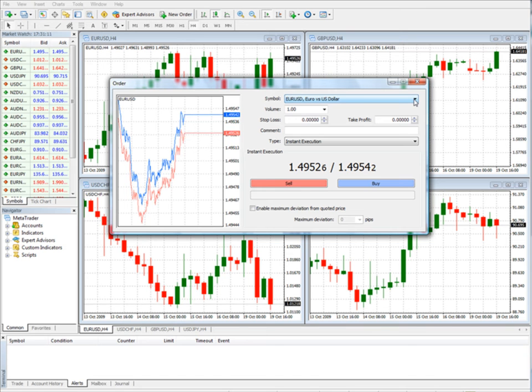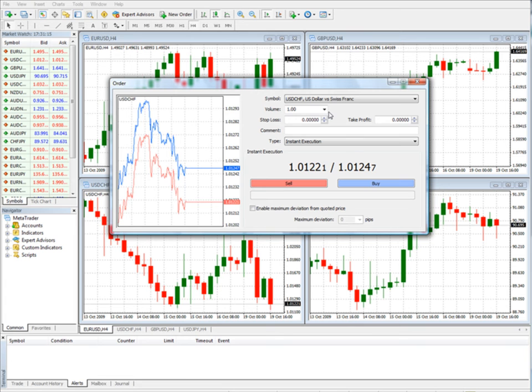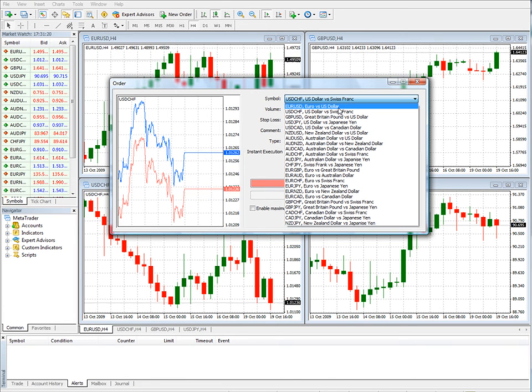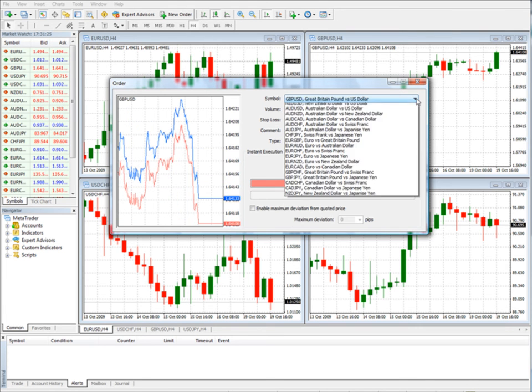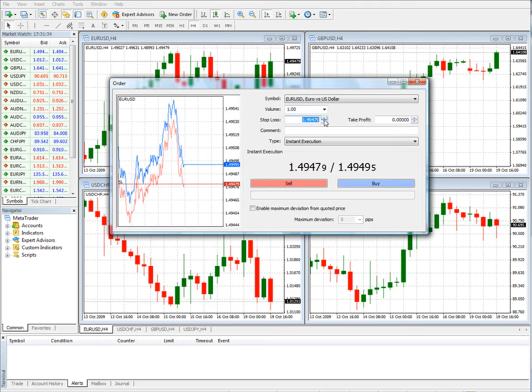Okay, so some of the other options here. Let's look. You want to change markets. There we go. Euro dollar, US dollar, dollar franc, pound dollar, whichever you are choosing to trade. Change the volume here. You can set your stop loss, and you can see it goes close to the price. All you do is click on that, and it goes close to the price that you're at. Now you're setting a stop loss for